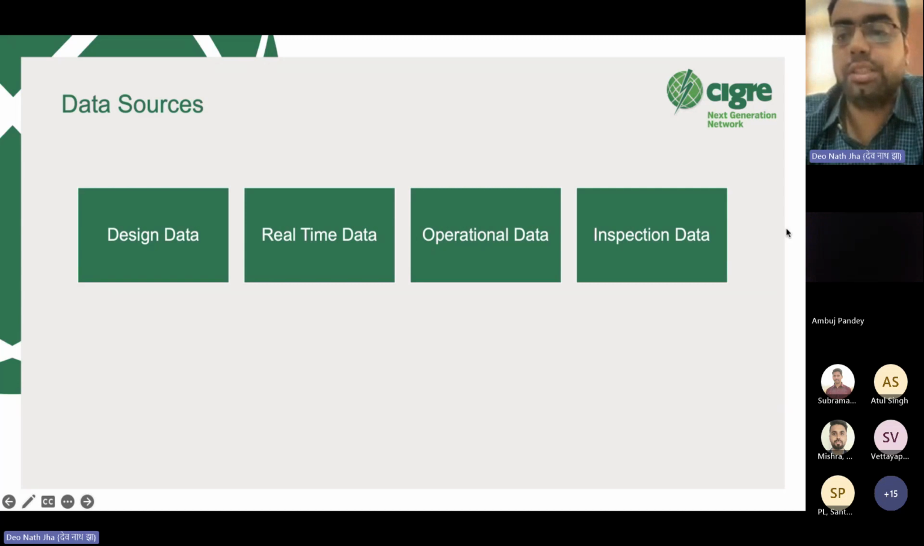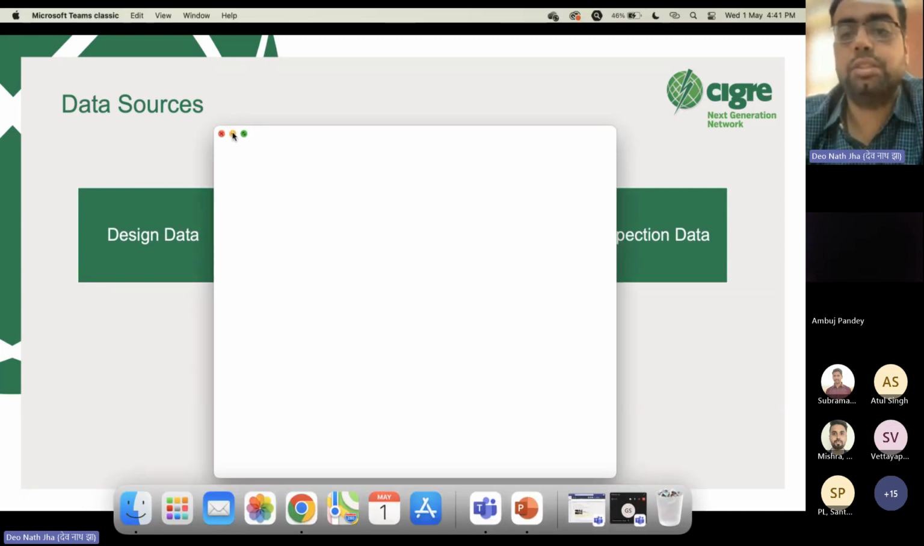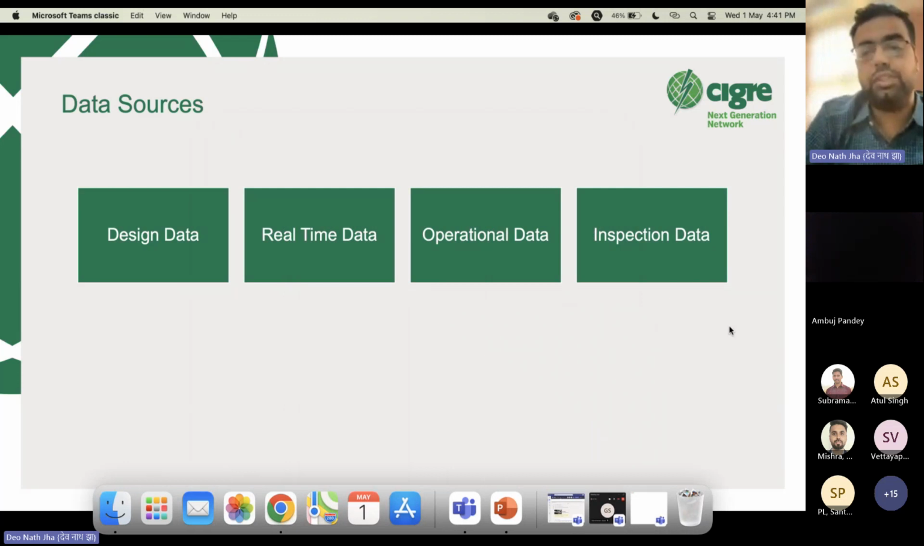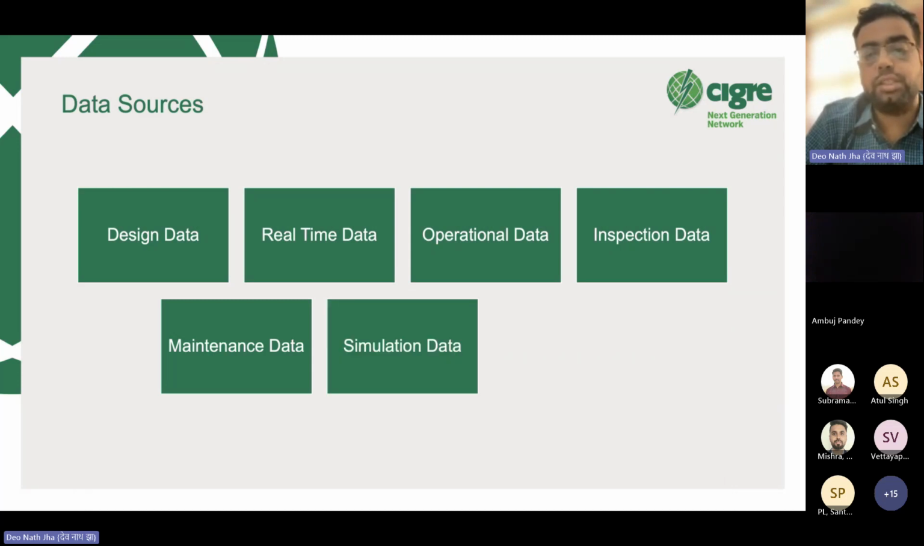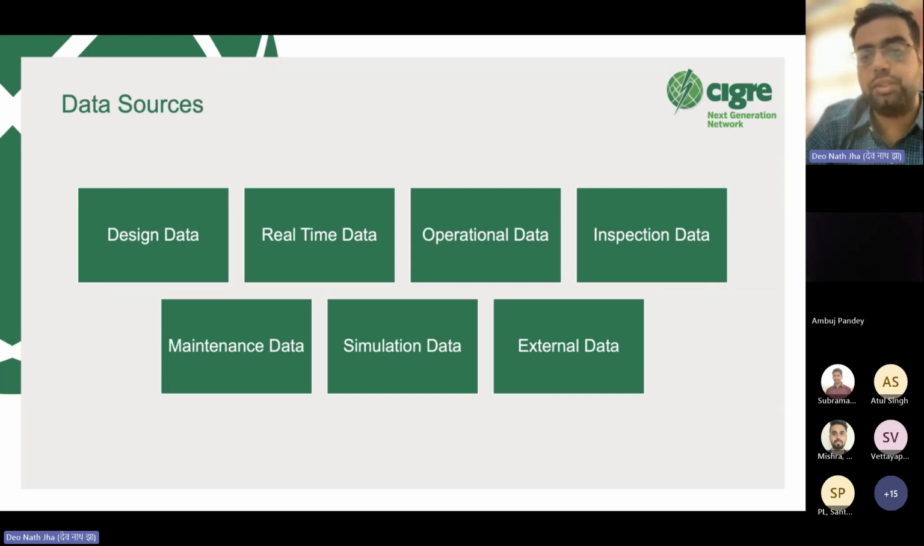Then there is the inspection data during maintenance, the data on visual inspection, like the condition of the bushing, whether there is any leakage from the transformer, or the condition of the main tank. Then there is maintenance data, the test records, the low voltage tests and the advanced diagnostic tests. Then there is simulation data for carrying out real-time studies, based on grid parameters and overvoltage studies. And finally comes the external data, like what sort of feeder the transformer connects to,